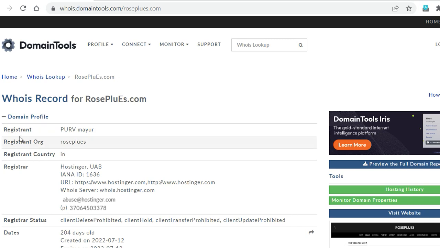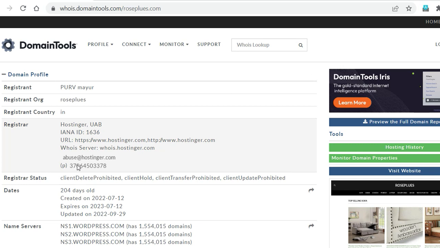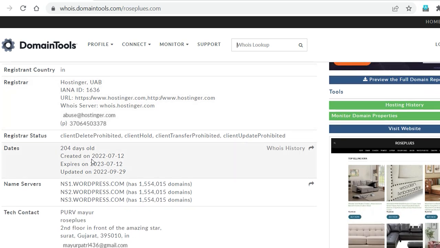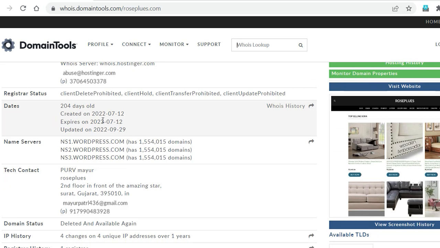If you check there, the domain's profile shows the company name, the registering country and who the registrar is. Here, Hostinger is the registrar. You can write to them if you find any misinformation or anything else about this website. You can also see the registrar status, the date when this website was registered, until which date it is valid, whether there is any update, and everything else. The important one is the name server information. Here you can see this website is registered with WordPress.com name servers. This website does not have its own name server, so they use a cloud-based WordPress name server to register